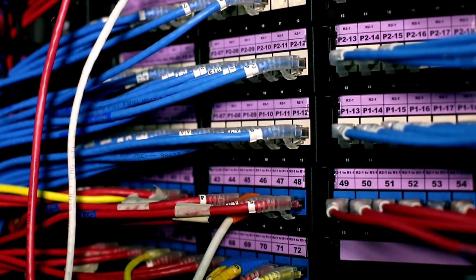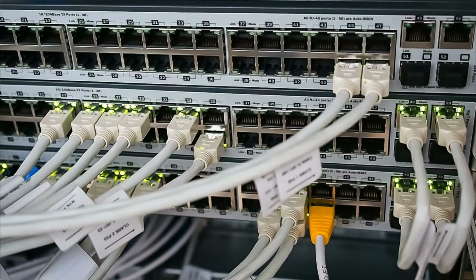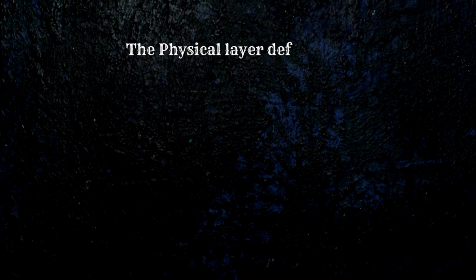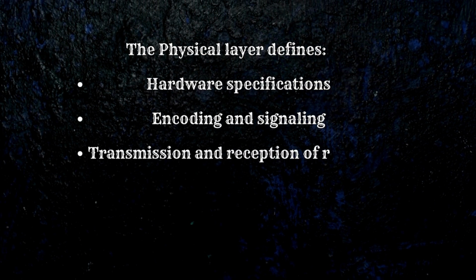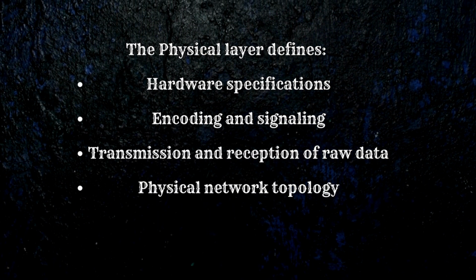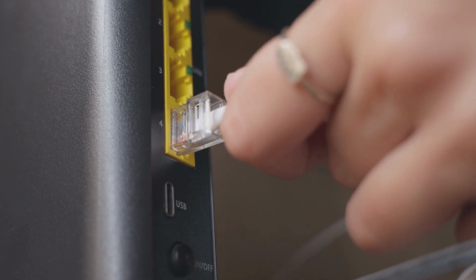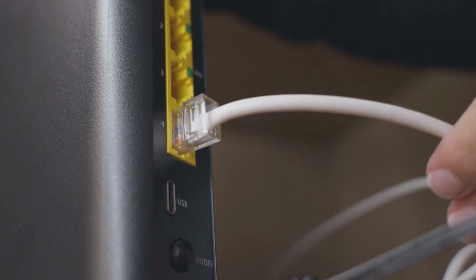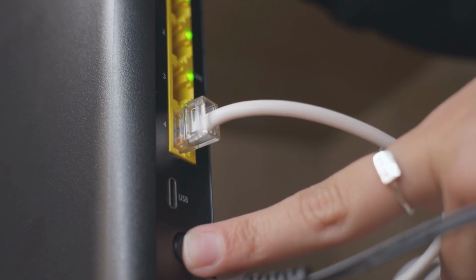Finally, we reach Layer 1, the physical layer. This is the only layer you can actually see and touch. It deals with the physical connection between devices and the transmission of raw bit streams. The physical layer defines hardware specifications, encoding and signaling, transmission and reception of raw data, physical network topology. When you plug an Ethernet cable into your computer, you're interacting with the physical layer. The electrical signals that travel across the copper wires or the light pulses in fiber optic cables are all part